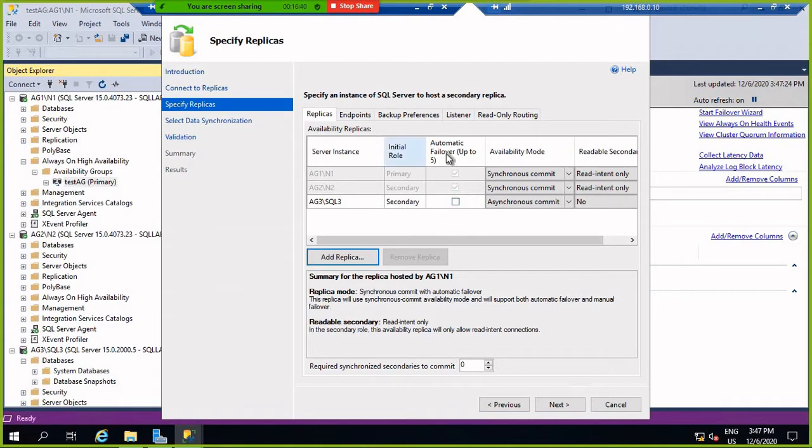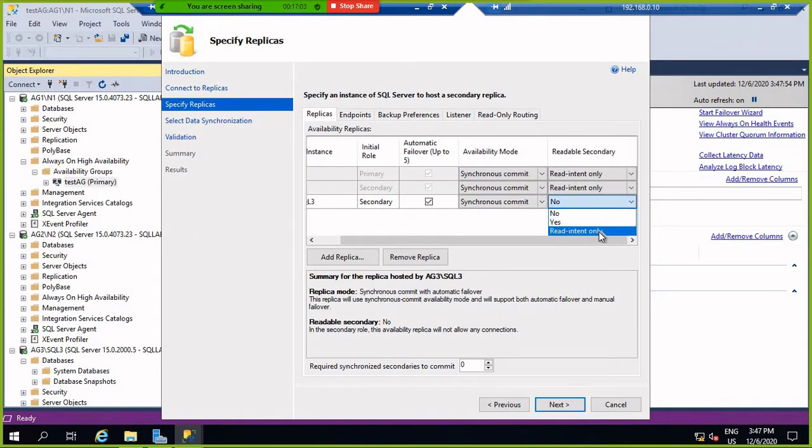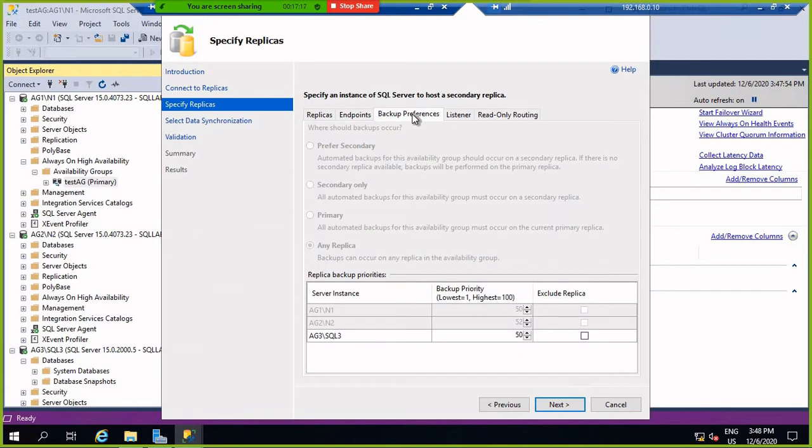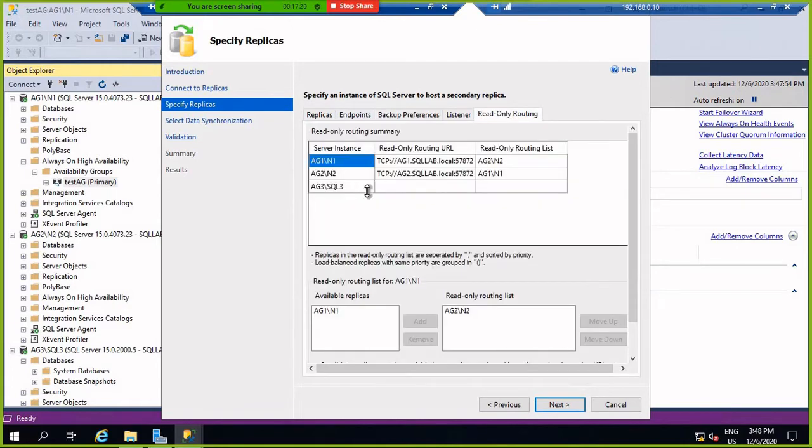Okay, it's a secondary, and here we just choose asynchronous. We can connect using synchronous also, but if you want, I will show you synchronous and change to read-only intent. But when you change to read-only intent, you come here to read-only routing.